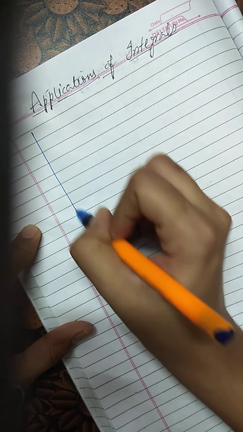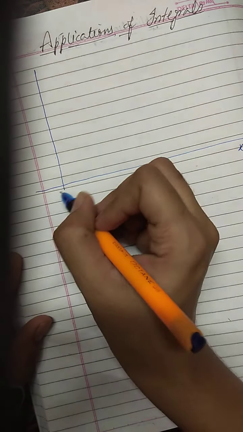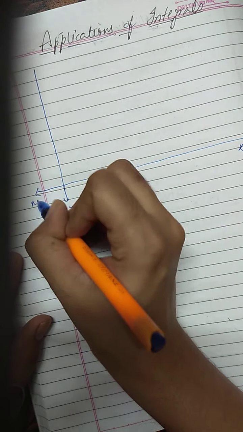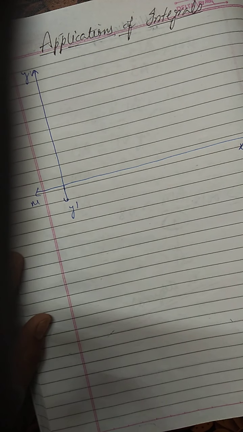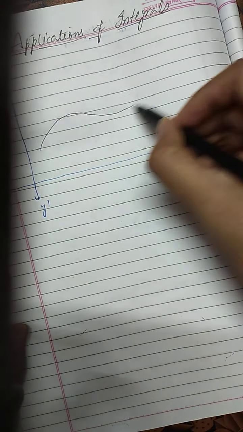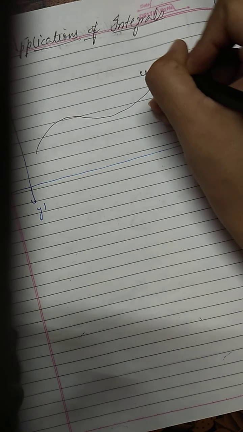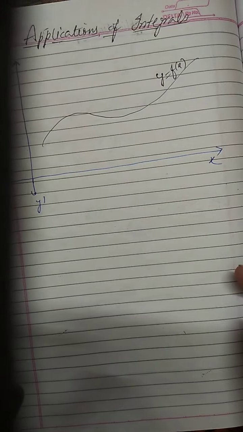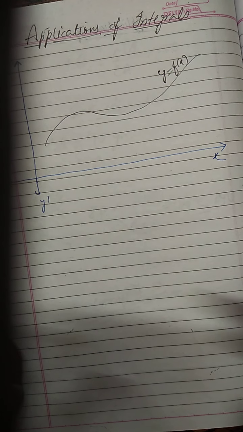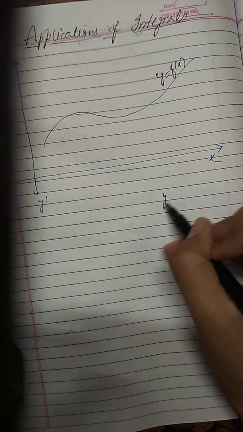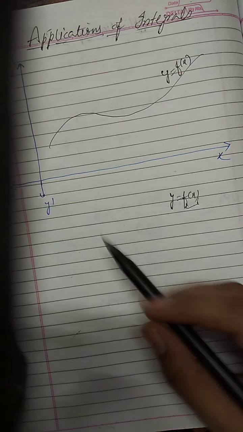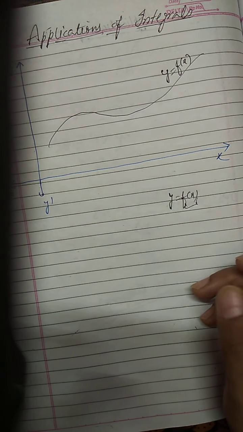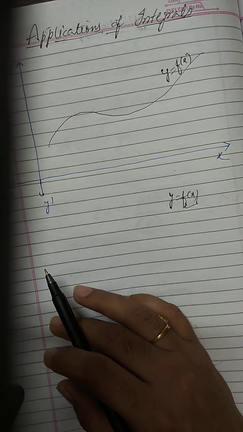So if I have, I just take an example. We are just taking our Cartesian system here, right? So if I am having any curve given here, and this curve, if I say it is y equals f of x. So remember, whenever y equals f(x) curve is there, actually it is y equals some function, and every function we can plot, and corresponding to which we will get our curve. It can be a straight line also, it can be a simple curve also, right?